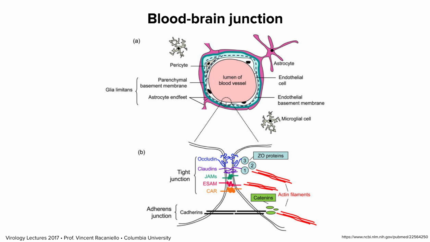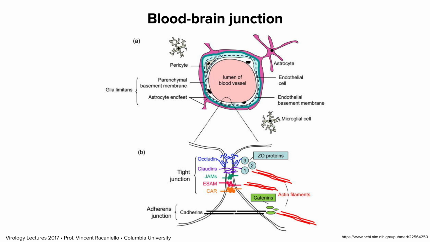So it's made up of tight junction proteins, claudins, JAMs, ESAMs, all sorts of proteins that link the two cells together and make it very difficult for viruses to get in. Now, you may remember when we talked about Coxsackie virus infection, the Coxsackie virus receptor is in here. It's the CAR molecule, and a virus cannot access it until the junction is loosened up.